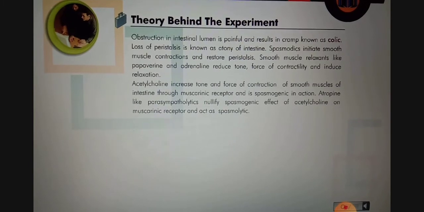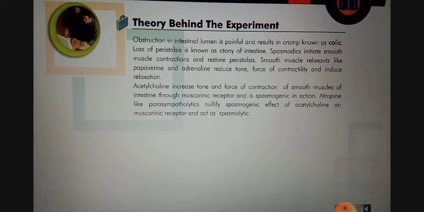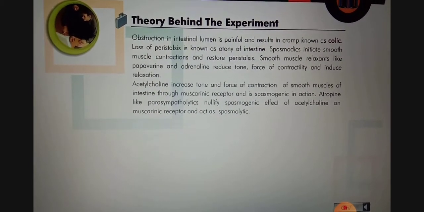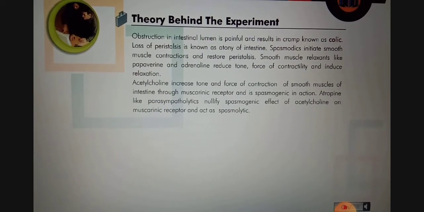Spasmodics category drugs cause the contraction, that initiates the smooth muscle contraction and thereby they restore